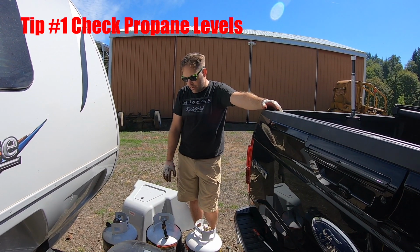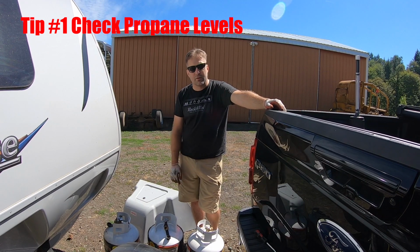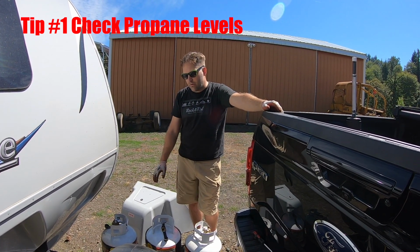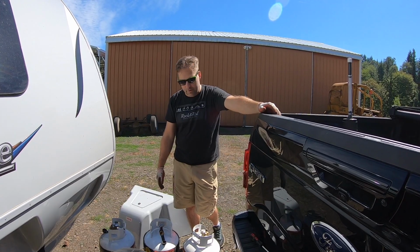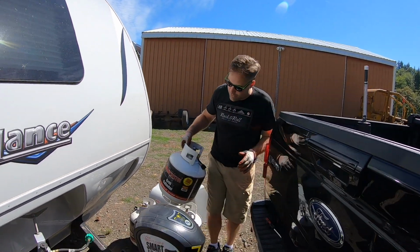So the number one tip I would have is just make sure you have enough propane. If you have 3 tanks like this and you're going to be gone for a week or what have you, just make sure they're full. Until you start to know how much propane you're going to use and how much you're going to need, it's always best to be over-prepared than under-prepared. So anyway, we'll get these things packed back up, and then we will chat about